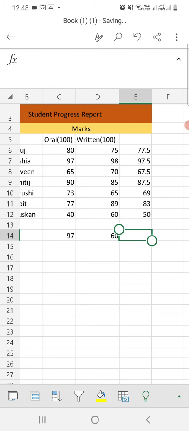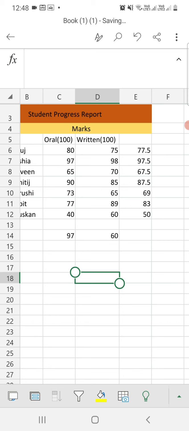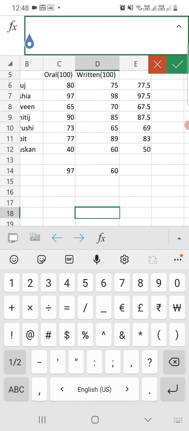Now the today function. In any cell just write the function, that is equal to TODAY, opening parenthesis, closing parenthesis. So just write the formula here, equal to TODAY.